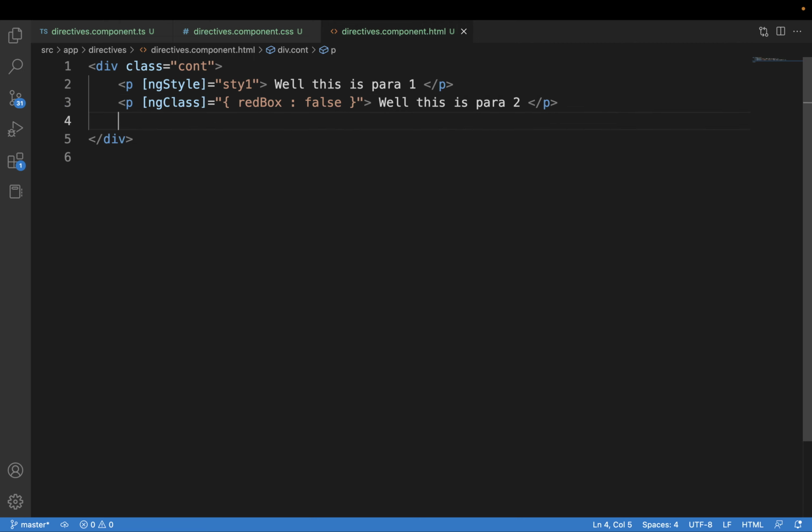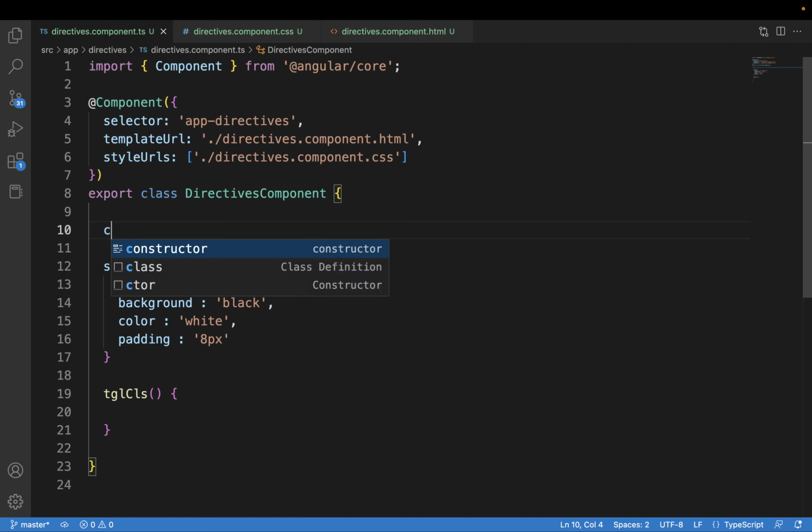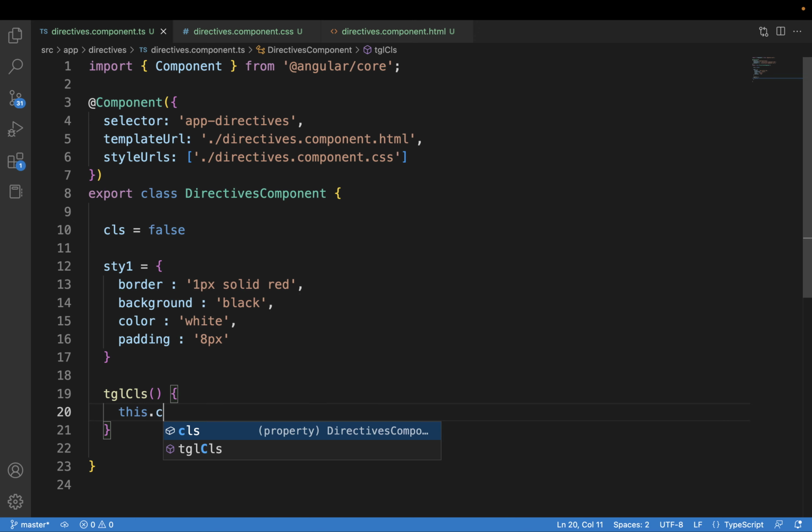Well, now if you want to do it on the button click, how do you do that? You can say input type button, value would be class, and on the click, let's call a function under the directives. Let's call a function. We can say toggle cls, toggle class. Well, there would be one variable cls, we can say false, and here what we can do, this dot cls